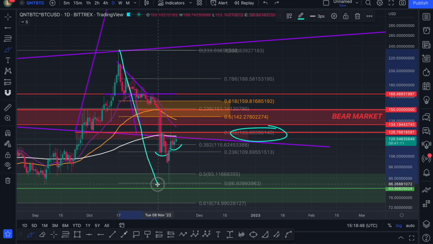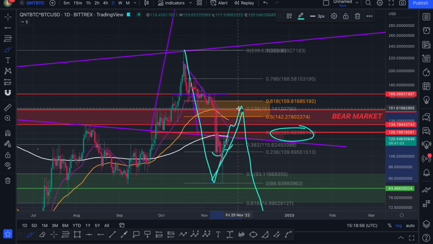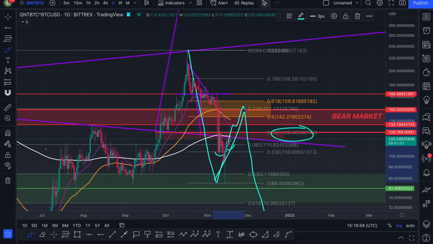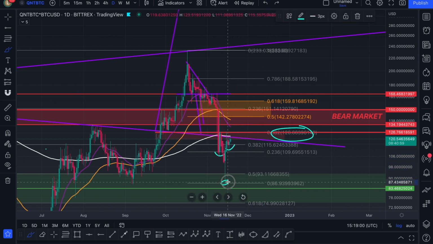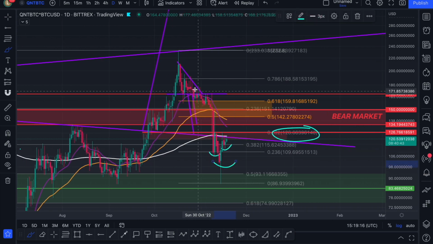You've had a big impulse down, you correct back up, which is your exhaustion phase, refueling the rockets before continuation back down. And once we get this push up where we actually recognize we're finally dropping, I'll get the fibs from the low to the high. Right now it's at the 386, but I do believe we're going to potentially go higher because we just need to wait for a daily close above 122 and 126. That's going to signal you validated this inverse head and shoulders that we see down here.